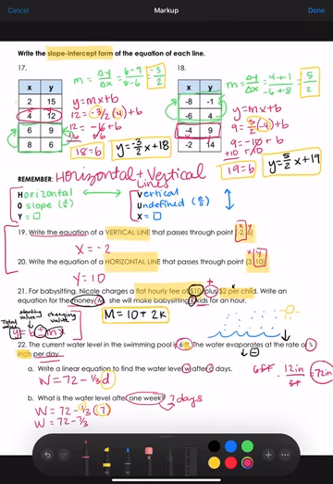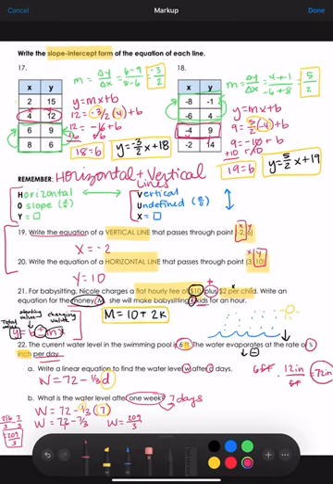So I need to get a common denominator here. So I need to multiply top and bottom both by 3. So I get 72 times 3 is 216 over 3 minus 7 over 3. So I get 209 over 3 when I subtract this. So W equals 209 over 3, and that doesn't make a lot of sense in the context of this problem,